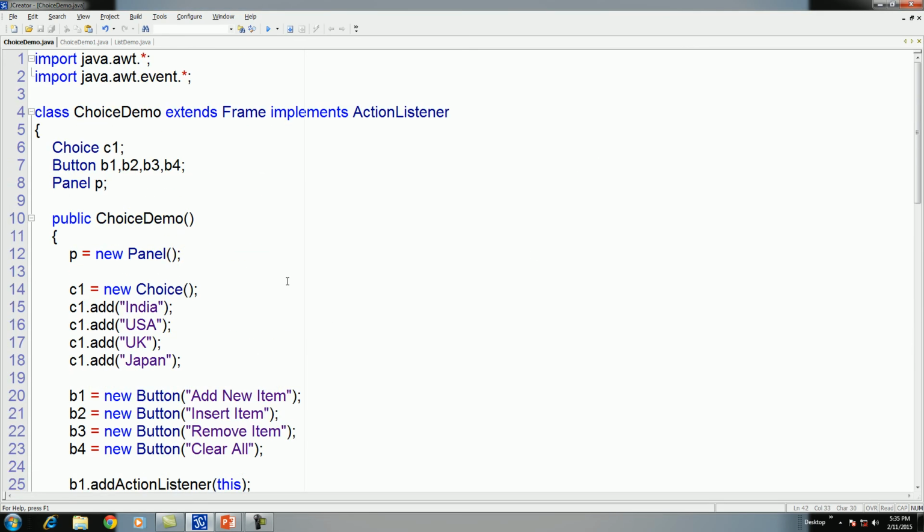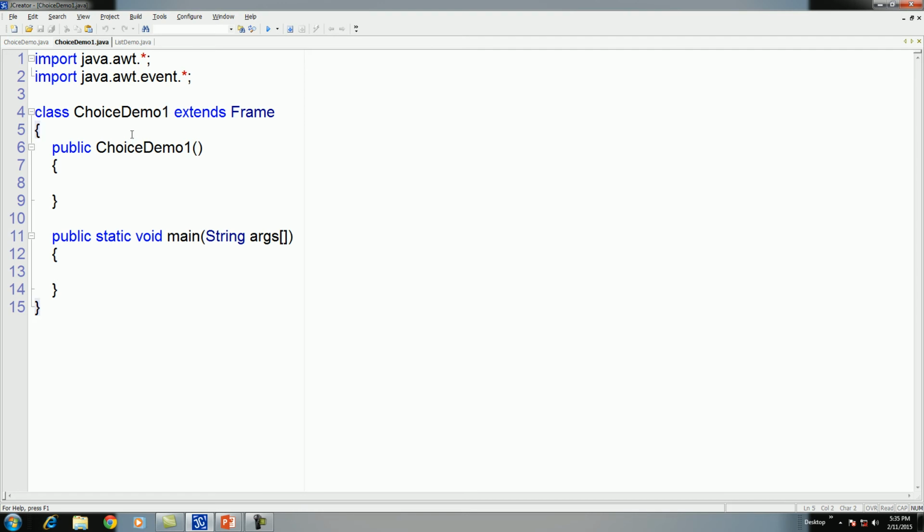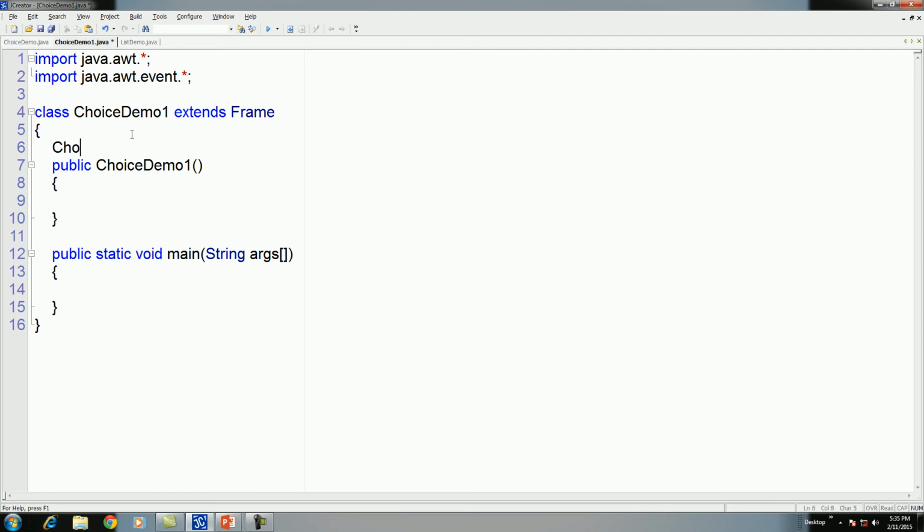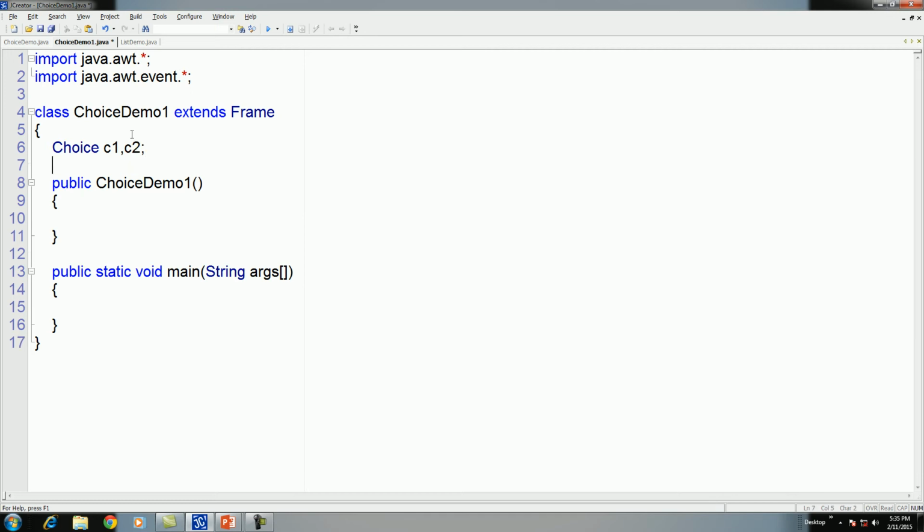In that example, we want to directly give an event to a choice box. Suppose in this example, we have two choice boxes, as well as some string arrays.